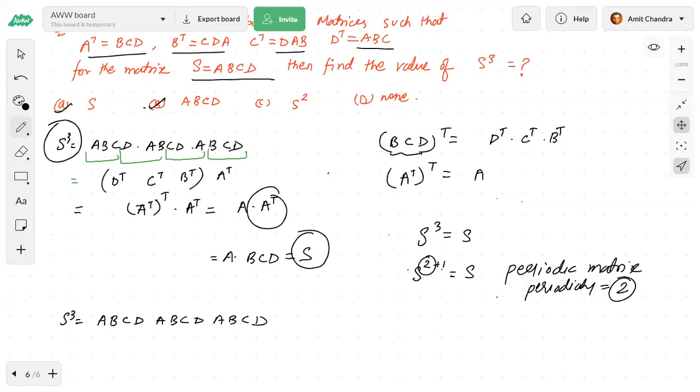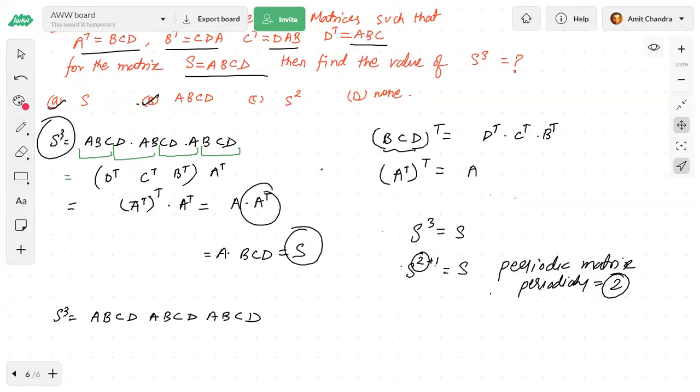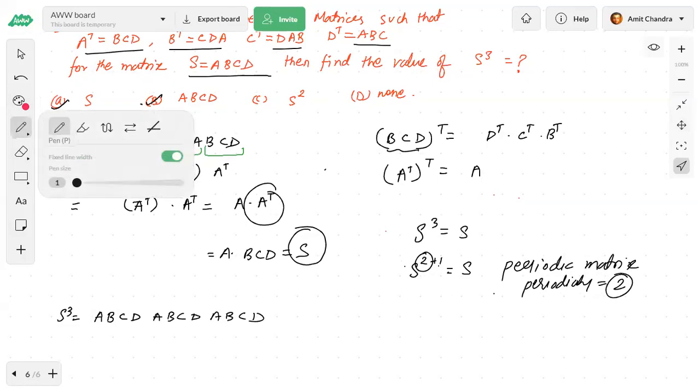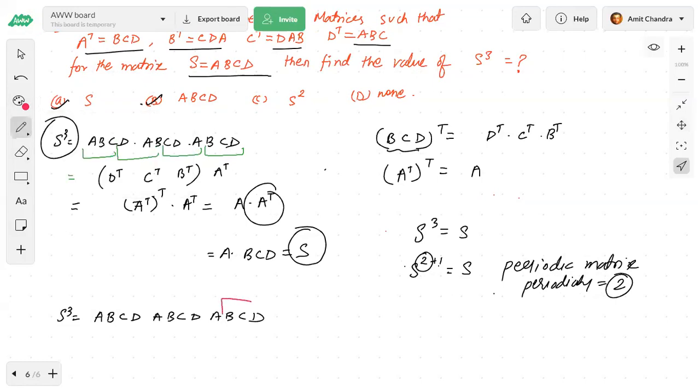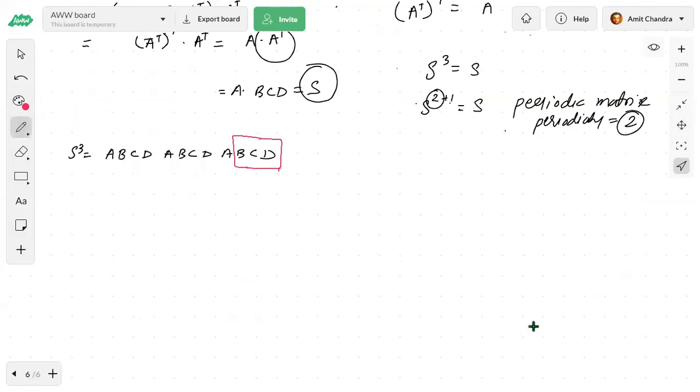So from the end we can see that if I combine the last three, and then combine the next three, and then the next three, I will get the values of,